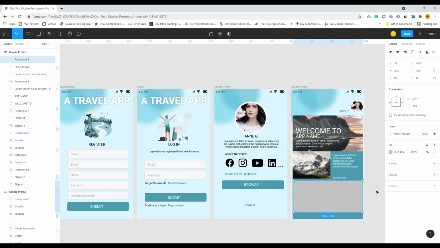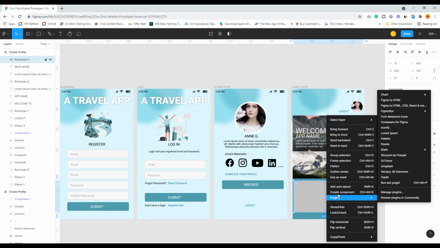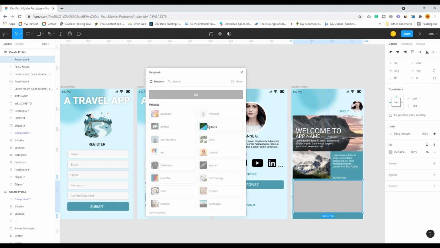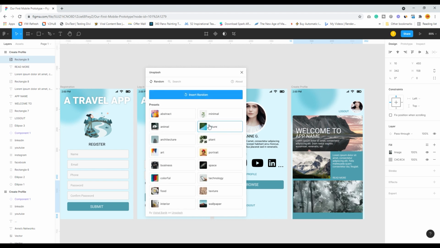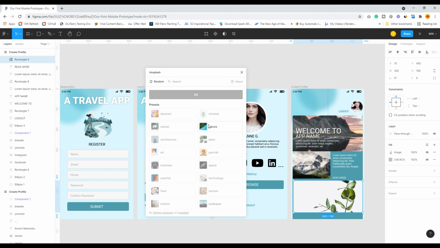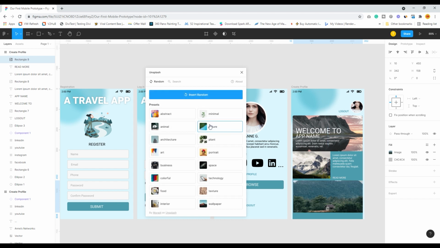So how it will work, I will show you later, but for the time being, let us take one Unsplash image. This looks nice to me.